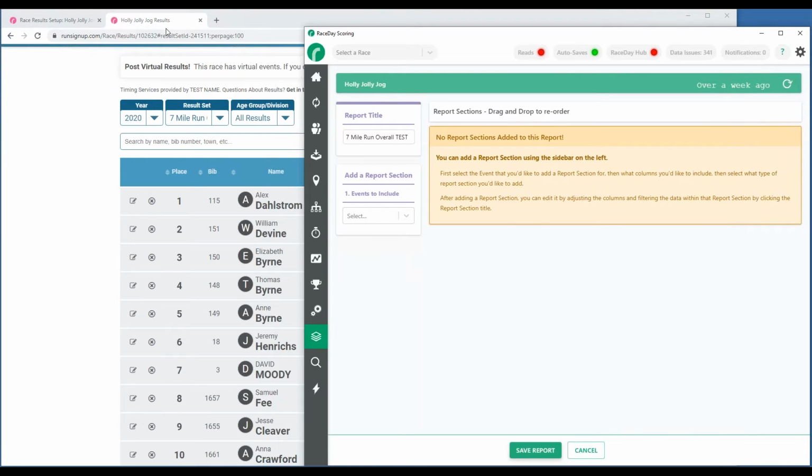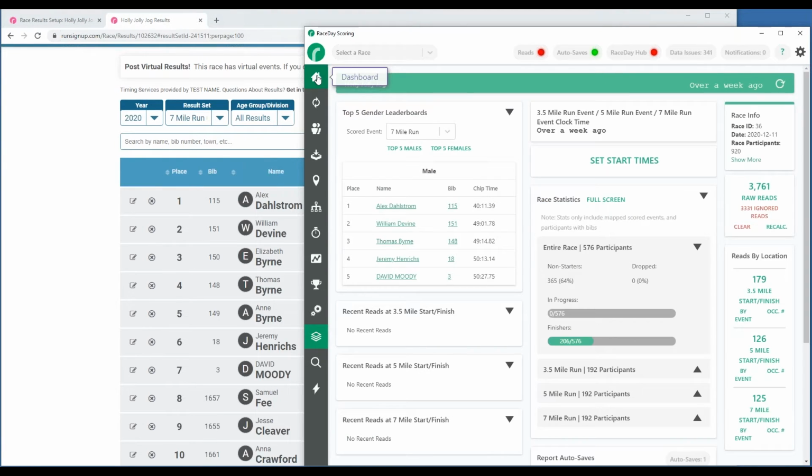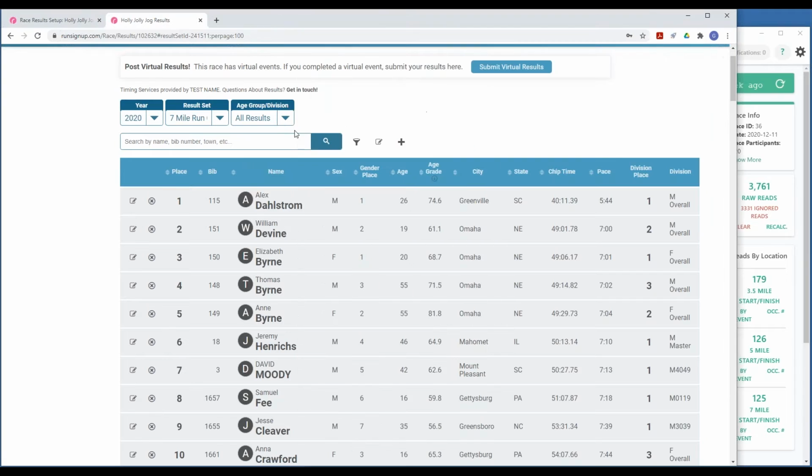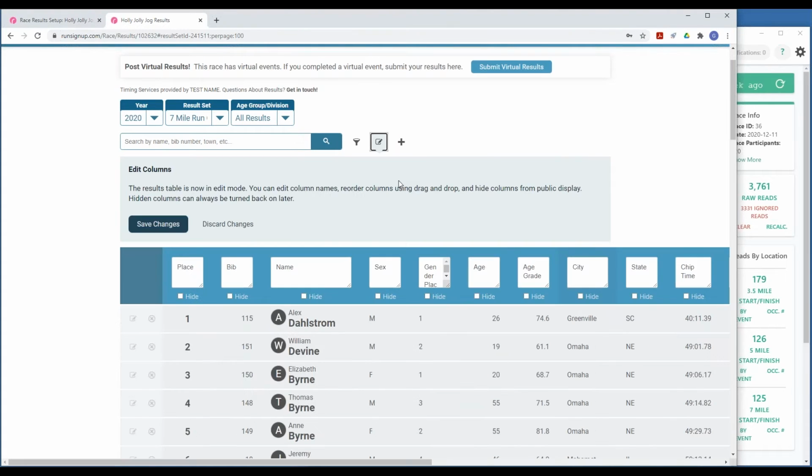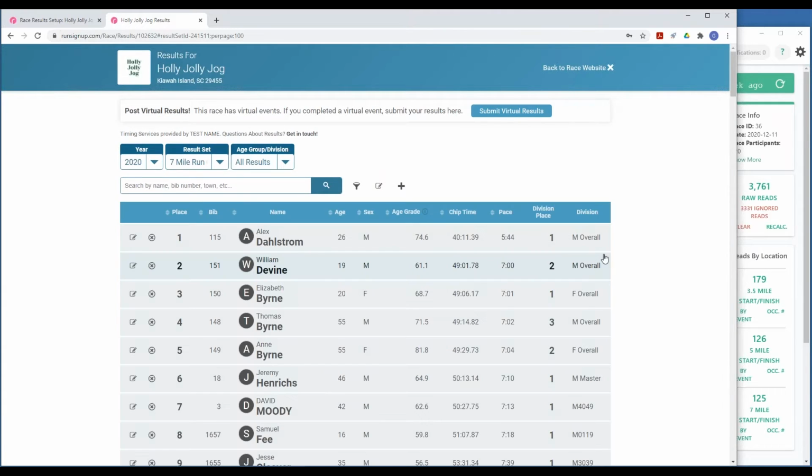You can also go in here and edit this page as well. Once you go in, you can choose if you didn't like the way things are set up. Maybe you don't want the gender place in there, and you don't feel like going into RaceDay scoring and changing it. Maybe you want the age and then the sex. You want to hide city and state for some reason. You just hit all that, and you can remove it there. So it's a quick and easy way to update the result settings